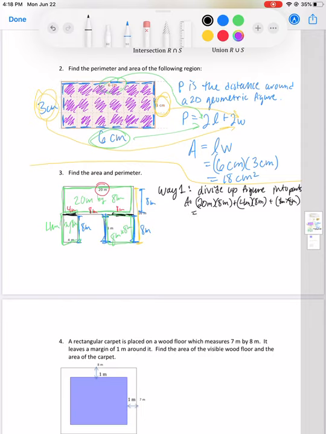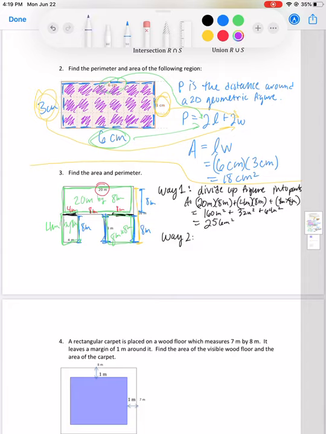Okay, so that's equal to 20 times 8 is 160 meters squared plus 32 plus 64 m squared. Okay, and so 160 and 32 and 64 is 256 meters squared. Okay, that's way 1. And I'm going to show you one more way, just thinking outside the box,